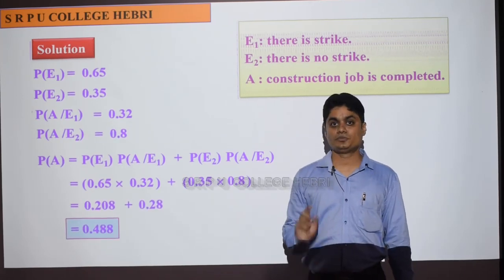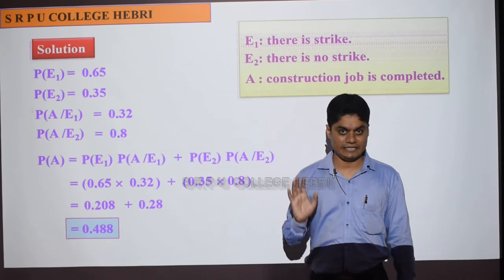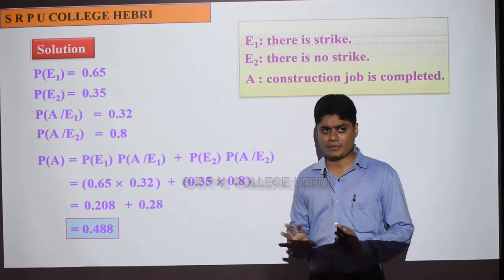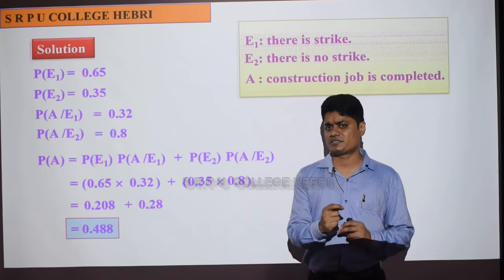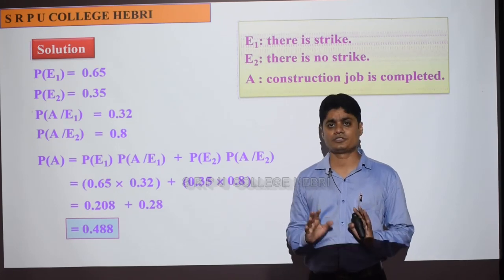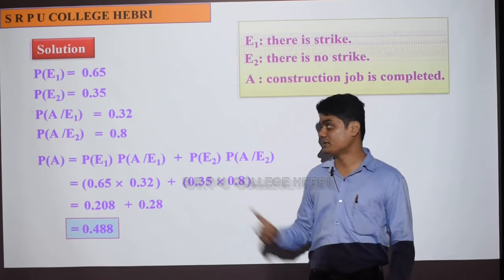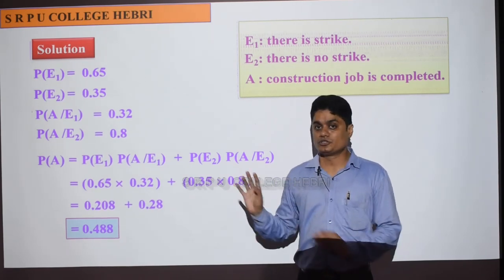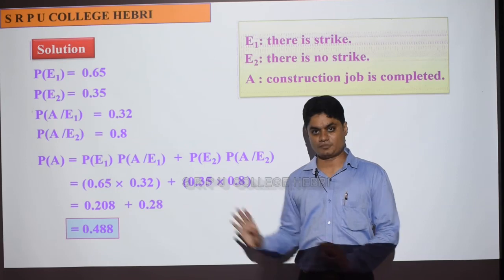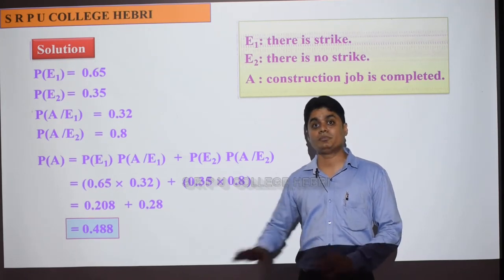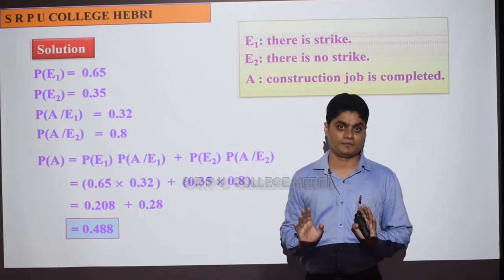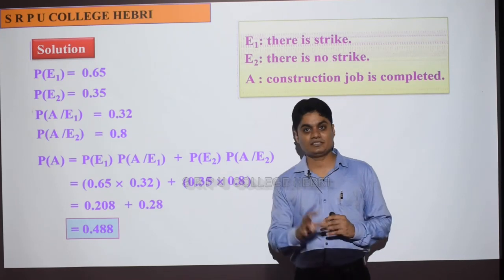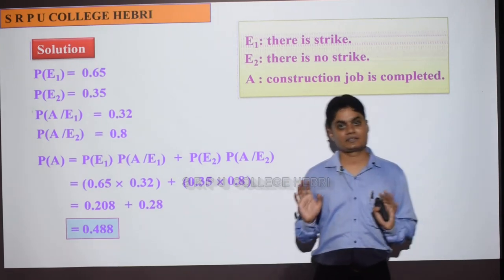So these two problems are from total probability. Did you understand? I hope you understood total probability. The previous one was a little difficult, so look twice, not an issue, but it is an important question for 3 marks. Even this question is also important for 3 marks. So we completed total probability and its problems. All the remaining problems from the exercise are from Bayes theorem. Those Bayes theorem problems I will discuss in the next class. Thank you.